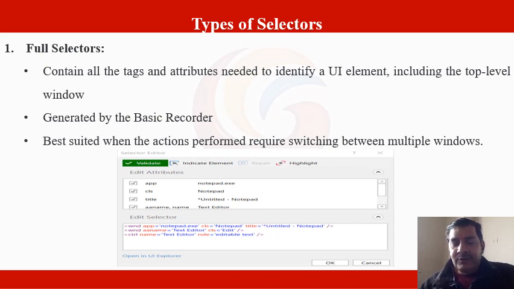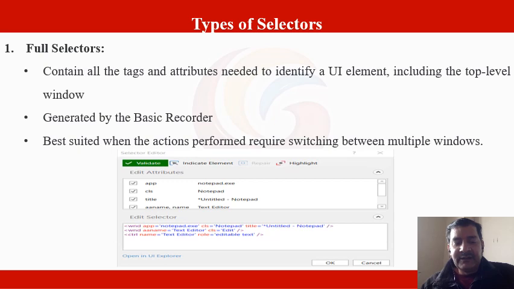Otherwise it will not be validated, and it will give an error when you run your program or process. This shows app notepad.txt, cls notepad, title untitled notepad, name text editor. This is the full selector.